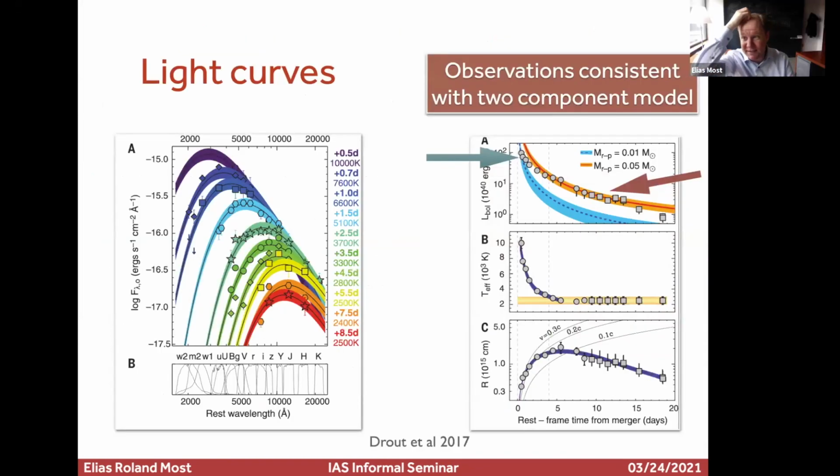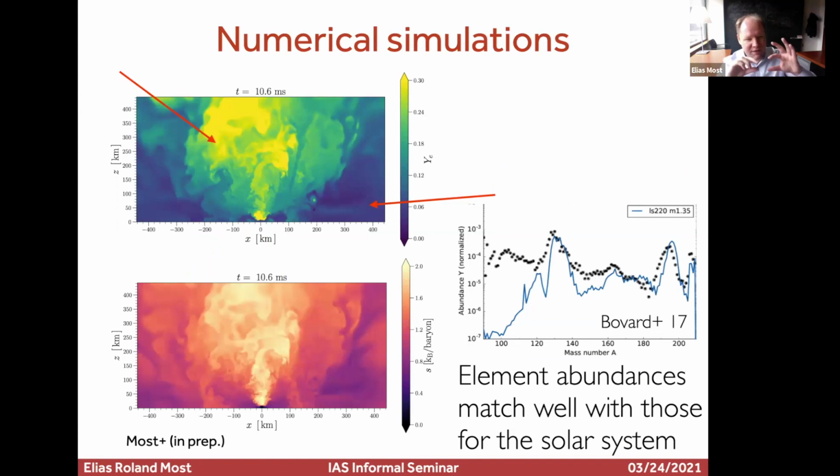And that's exactly the next point, because we do have this additional information. If we look at the light curves from the kilonova, and you do some radiative transfer modeling, you get an idea of how much mass was ejected from the system. There are two components, a blue component and a red component. The blue component is, from a simulation point of view, associated with what is coming from the hypermassive neutron star. The reason is the blue component has a very high electron fraction, and to get this you need a lot of neutrino radiation, which from simulations you more likely have just above the polar region, above the core.